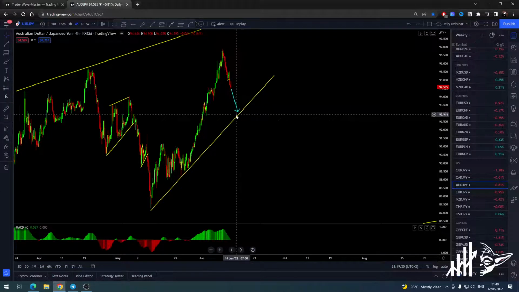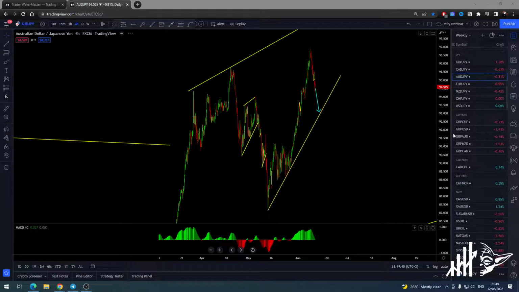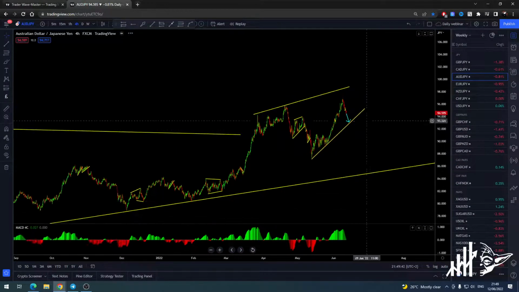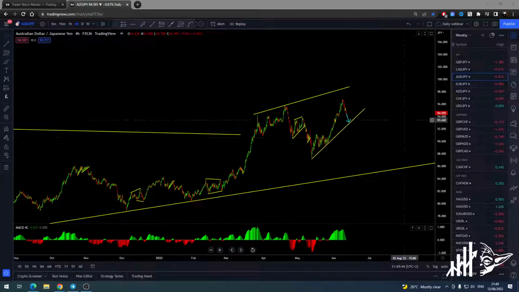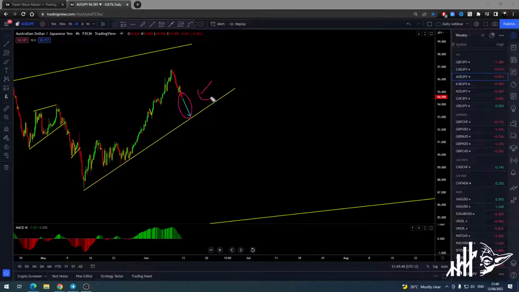Okay, so what you should do, at least trade it back at the trend line, but it can break lower. Why can it break lower? We broke the previous stop, so we have all possibilities to break down and tag this low even lower. That could go even lower, back at this trend line. So you just have to watch it closely, but at least this is the move for the upcoming week